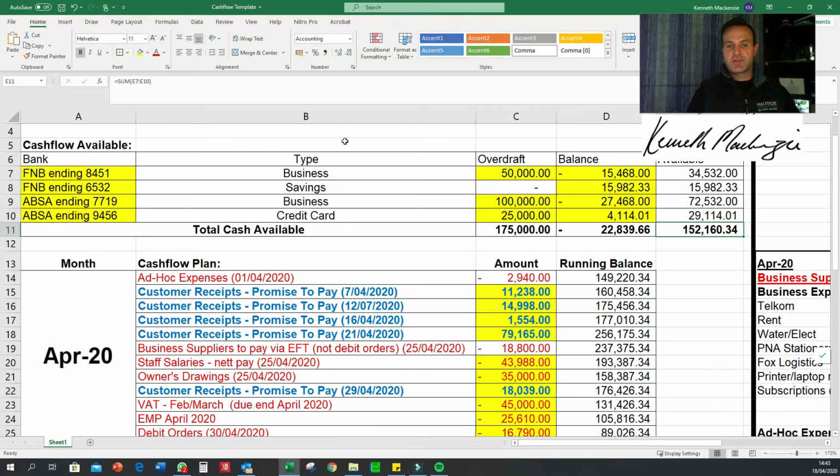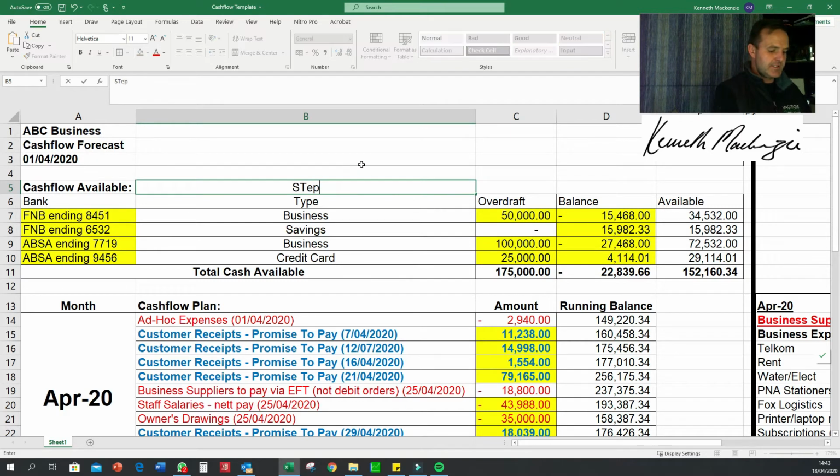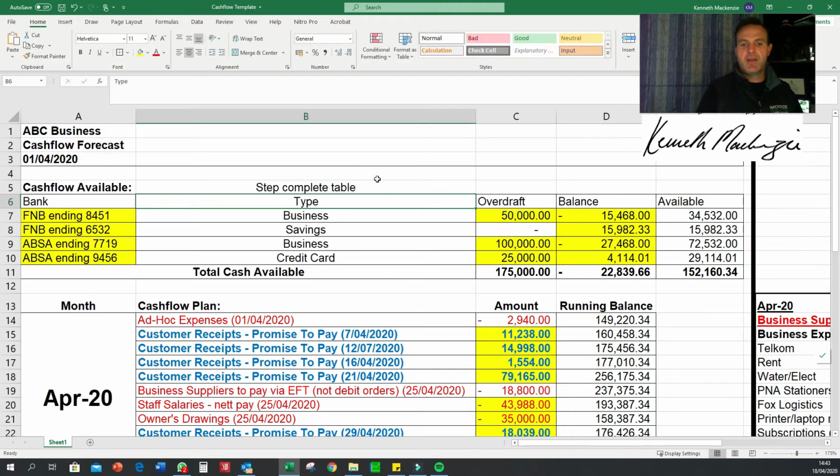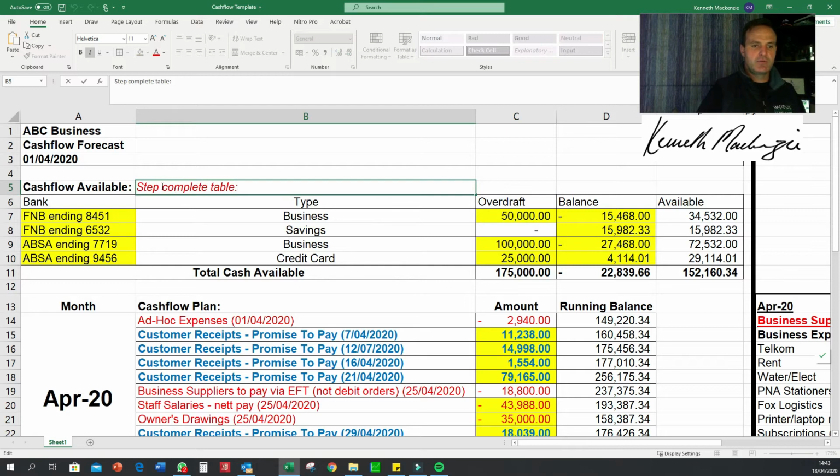So this is step 1. I should actually just put in here "Step 1, complete." That would obviously help a lot more. So let's do that. Cool. Step 1. Right. Then,